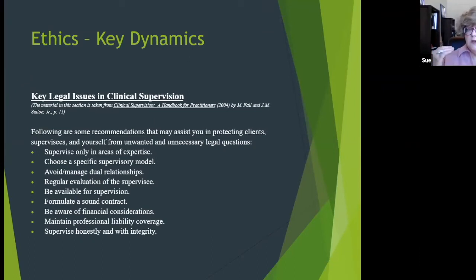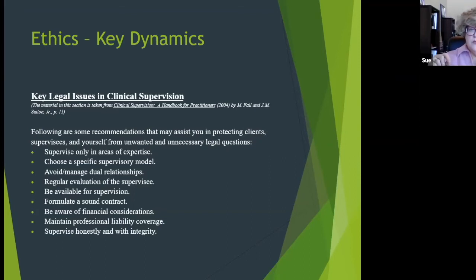How is this going? What do you need? What's working? What's not working? Which is another thing to talk about with evaluation. It can be very helpful to provide your supervisee with a means to evaluate you. So you have a chance to talk about what's going well, what's not, how you can improve things. So the relationship with your supervisee can be so important, because you're also modeling that for them as well as fostering their professional development.